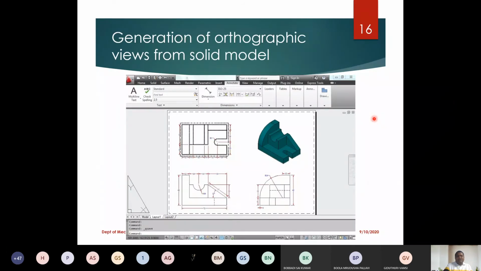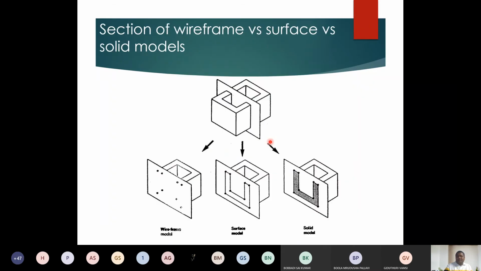And now, as I told you, generation of orthographic views from a solid model is possible if you use a 3D solid model, for example with certain CAD tools. If you look at this particular picture, if you create a 3D solid model of a pattern, then the computer can automatically generate all three orthographic views. You can ask the computer to show the front view, top view, and side view. It will do so automatically. Why? Because it has each and every detail about the solid model, and it can also show you the sections. You can ask the computer by providing a section line, to show how the section looks. Everything is possible in case of 3D.